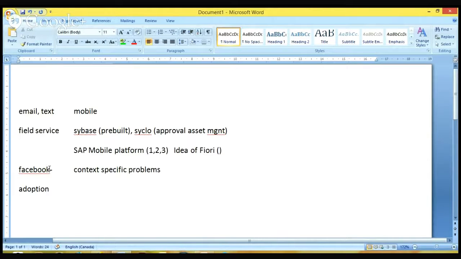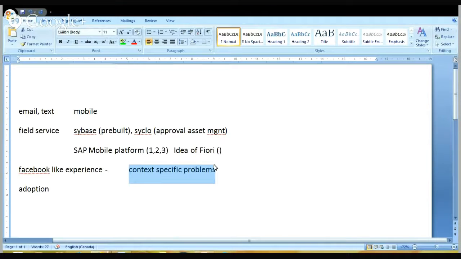People who want to have a Facebook-like user adoption issues, they want to just solve one problem. For example, they want to know, can my sales people enter their BPC forecast on their iPad without having to invest in EPM Unwired? Or can I have my warehouse team run a process without going through this entire platform and middleware